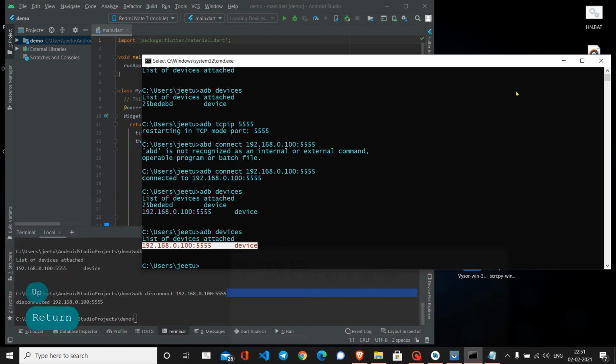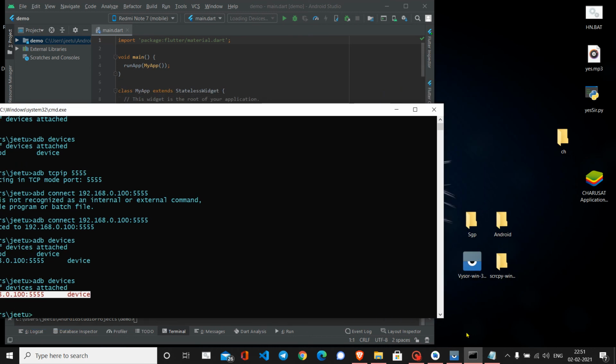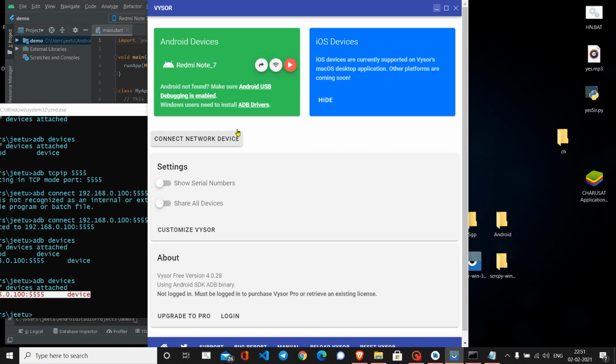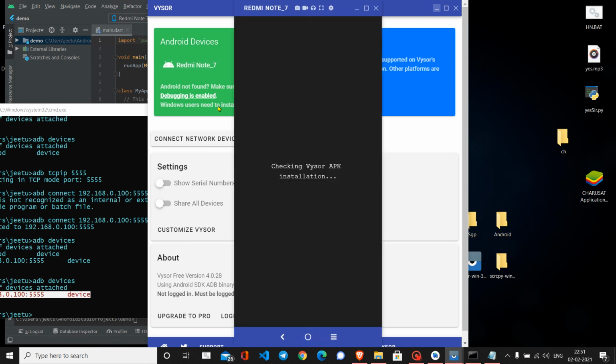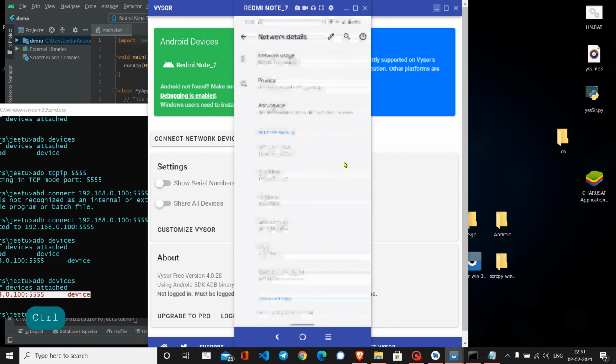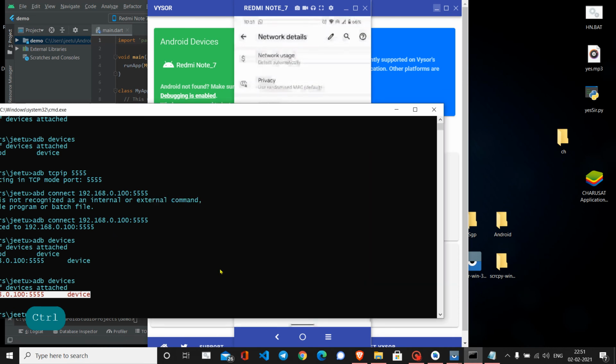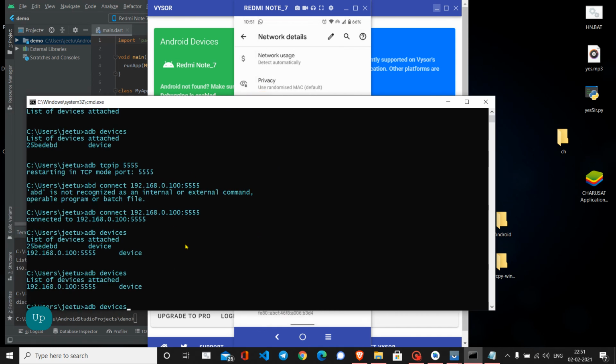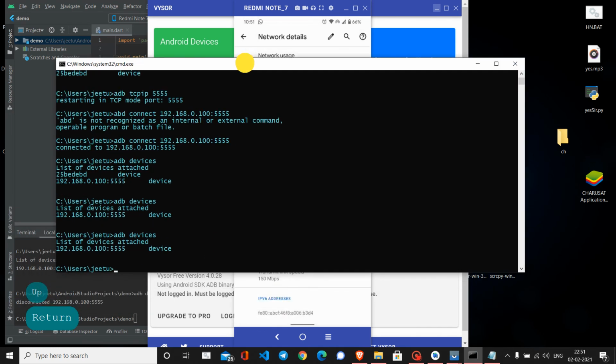Fine. And now surprisingly, I'm not sure if it opens with Vysor, but I'm pretty sure that it will open with Scrcpy if it does not open with Vysor. Now to ensure you that I'm not connected with any ADB devices by cable, I'm again showing you adb devices.